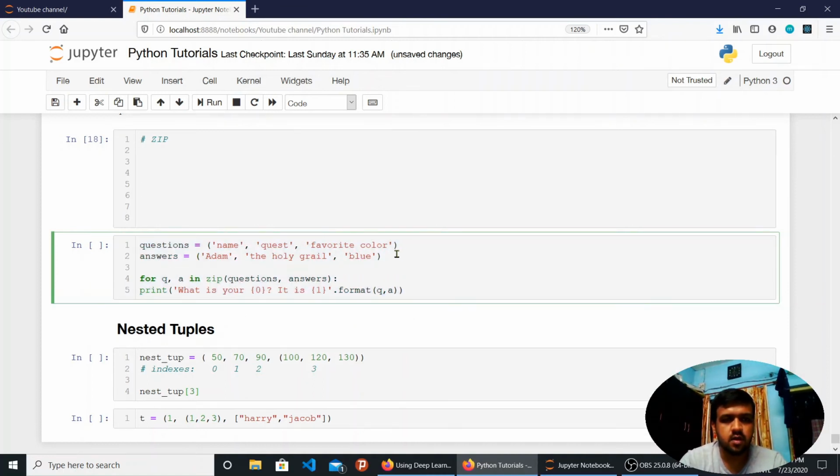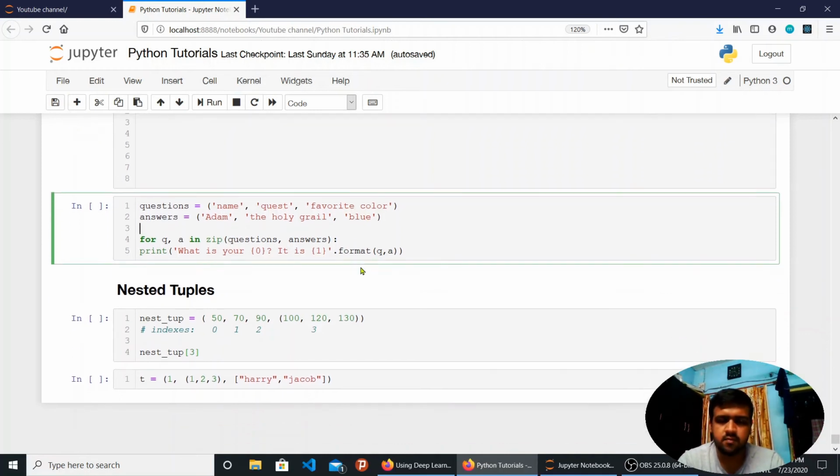I have this tuple which is question, having name, quest and favorite color as the values, and I have the second tuple as answers, which is Adam, Holy Grail and Blue. I have taken this example from the internet. You can find other similar examples as well.